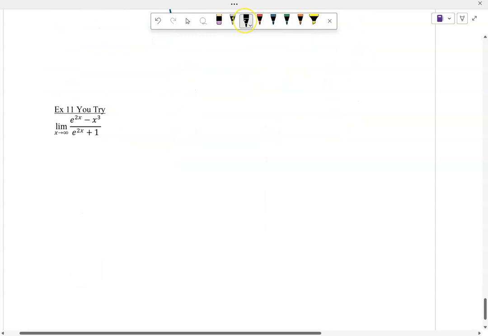All right, now I've got my infinity here. Notice I got e to the 2x minus x to the cube. This grows in magnitude way quicker than that x to the cubed. And so this will end up going to infinity on that. And same thing on the bottom. So you got an infinity over infinity. And so you want to use L'Hopital's,